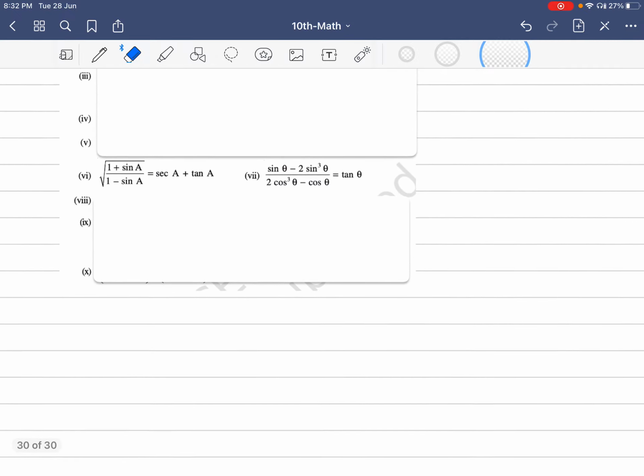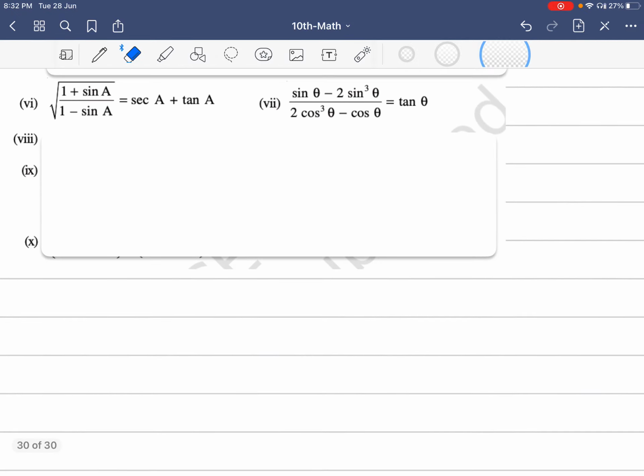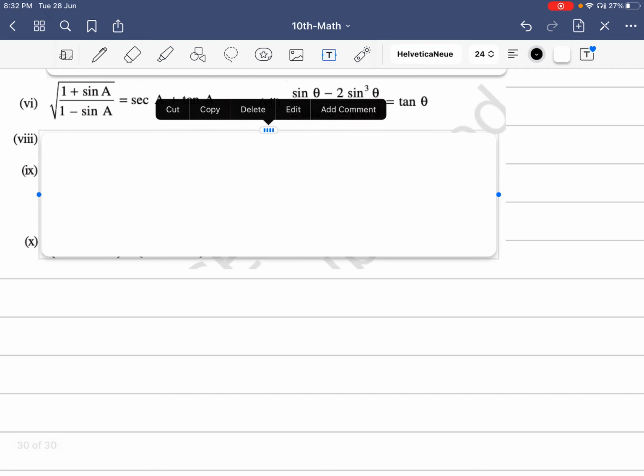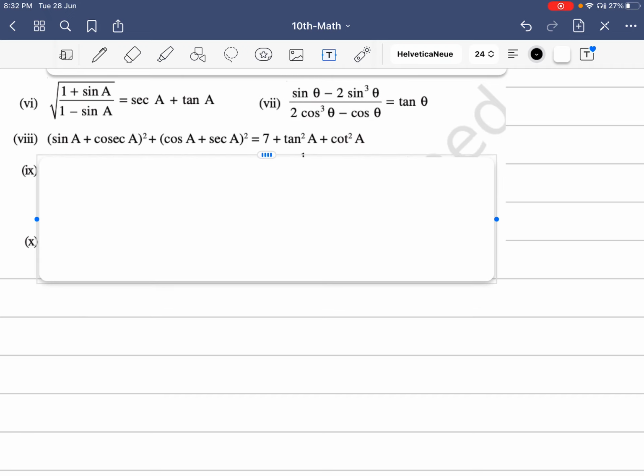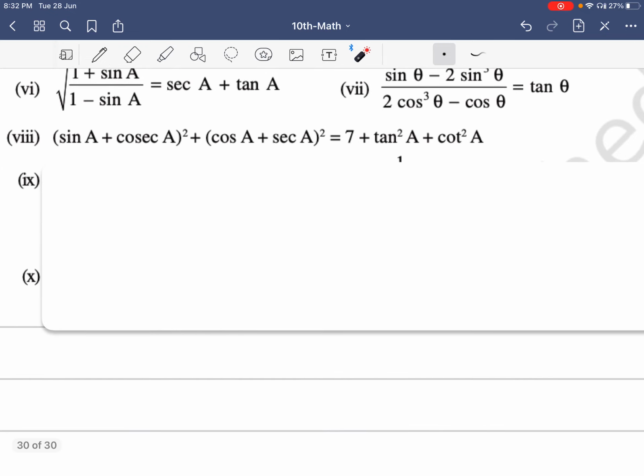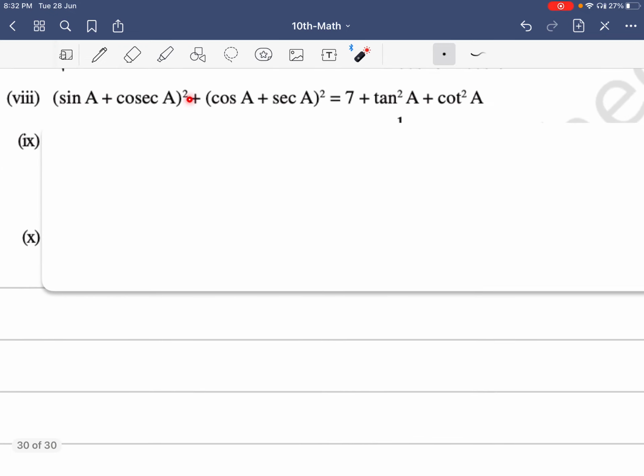Cool. And now let's go to our question number 8. So let's take this down. This is question number 8. Okay, let's read the question. So (sin A + cosec A) the whole square, let's zoom in, plus (cos A + sec A) the whole square,